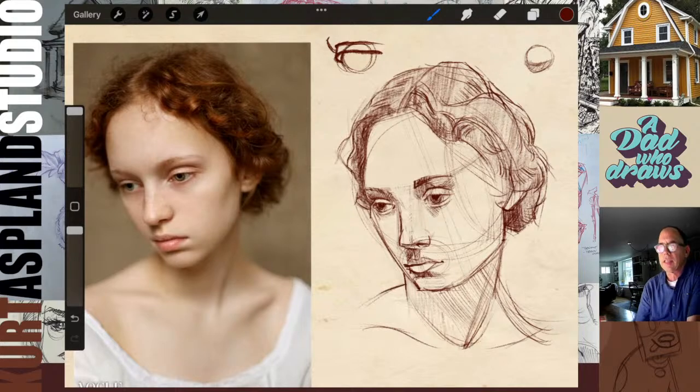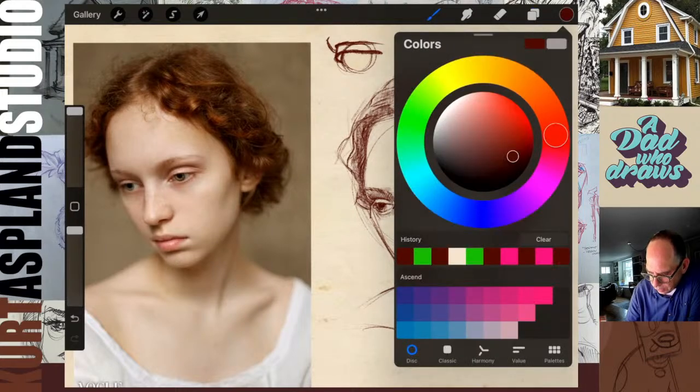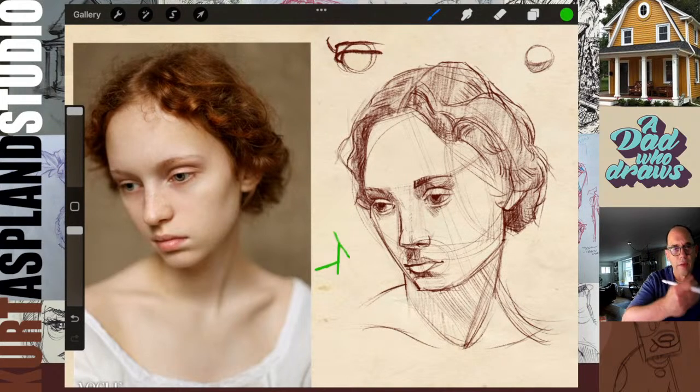Oh, last thing, look at this. Look at what I just did over here. You see that right there? That's like a letter T. And what I'm saying is, okay, that's the side of the cheek. Here comes the neck. And then there's the back. You see that? And that really gives a sense of depth and layering.